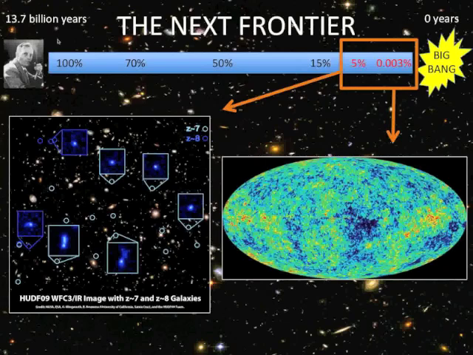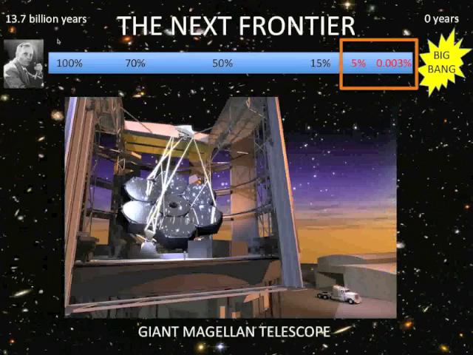And this is by far the most interesting epoch, because this is where galaxies first formed, right? So if you want to see the formation of the first galaxies, you have to look into this epoch right here. And the only way to look into this epoch is to build bigger and bigger telescopes. So I'll just go over a showcase of the main large telescopes that we are currently planning to build.